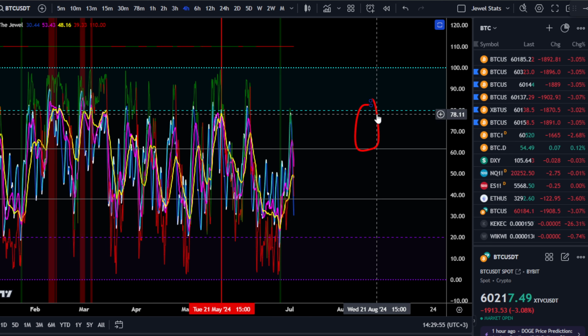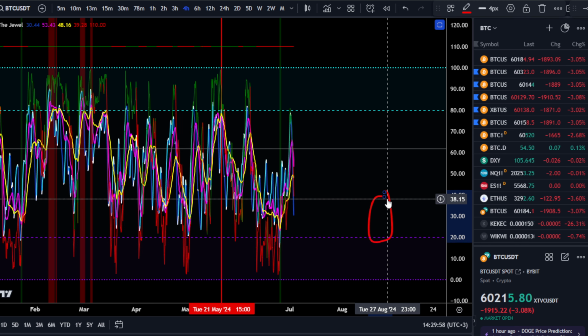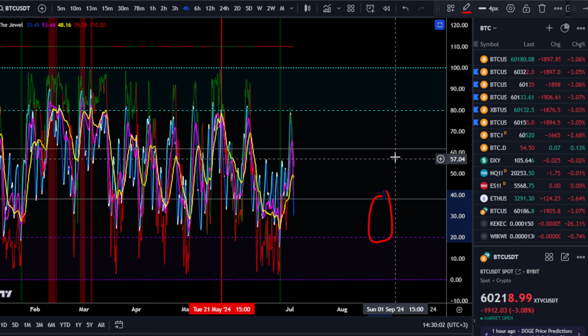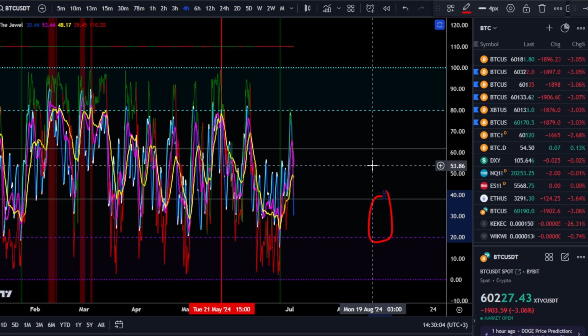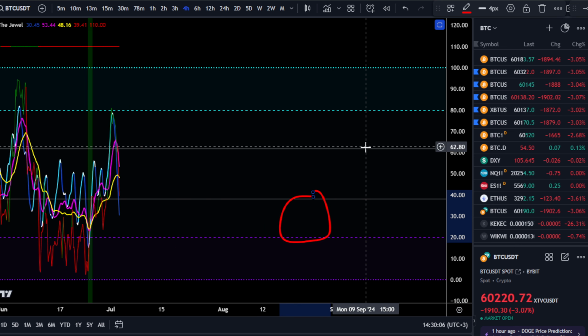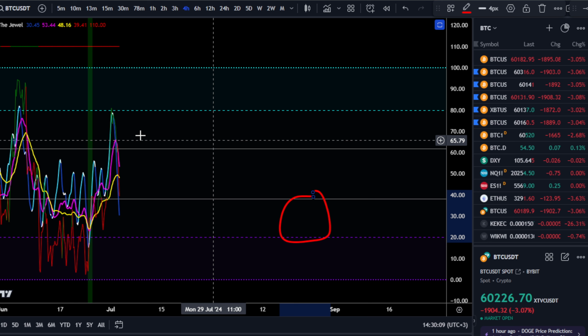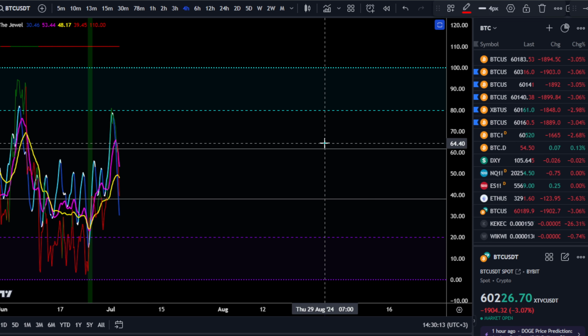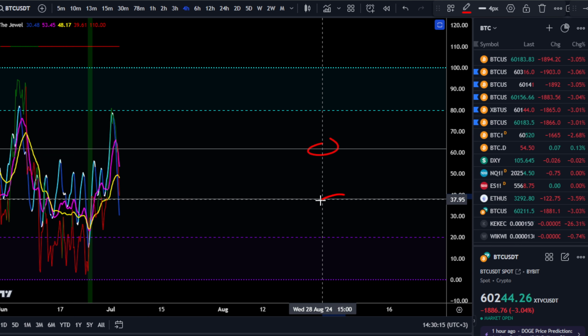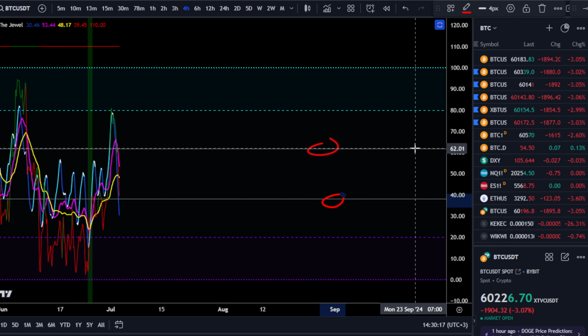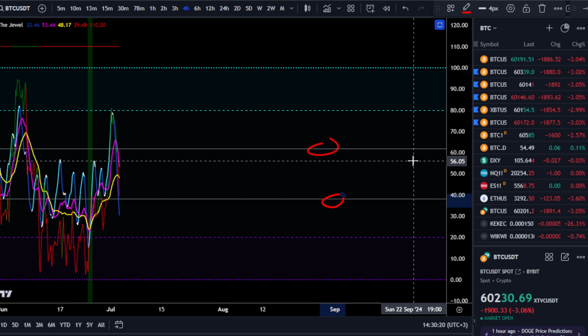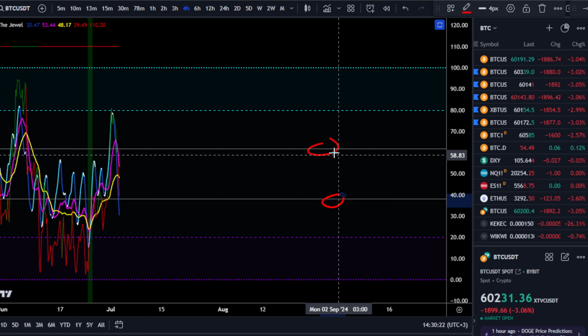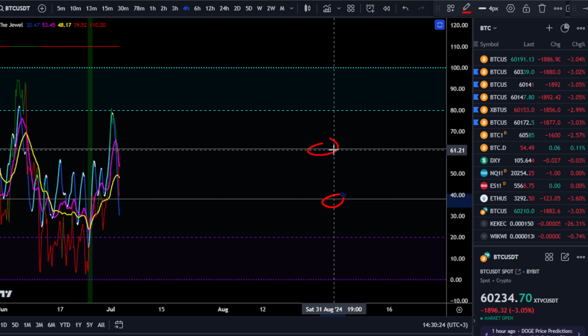By contrast, the equal but opposite zone to the downside would be right here between 40 and 20, and the zone in between is the neutral zone. And you'll also notice that these two levels right here, this right here and this right here, are not exactly at 60 and 40. They're actually at major fib numbers here. This one is at the 61.8 level, or 61.8. And this one over here is at the